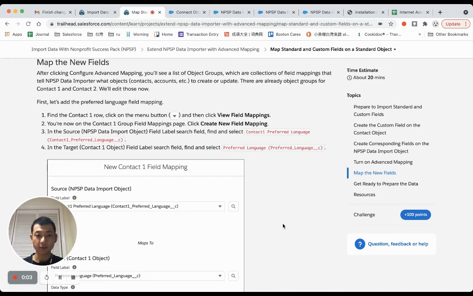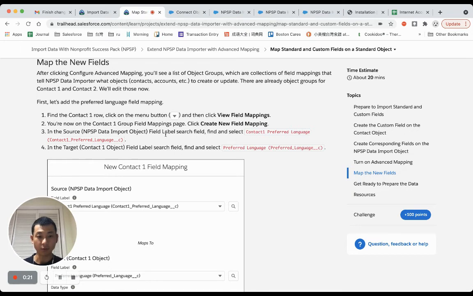Hey, Salesforce. First, thank you for the great Trailhead trails on the MPSP data importer. Very helpful in understanding how the template works and the import processes, the records with the dry runs and everything. Really cool. And I'm going through this and just wanted to share a little bit of feedback